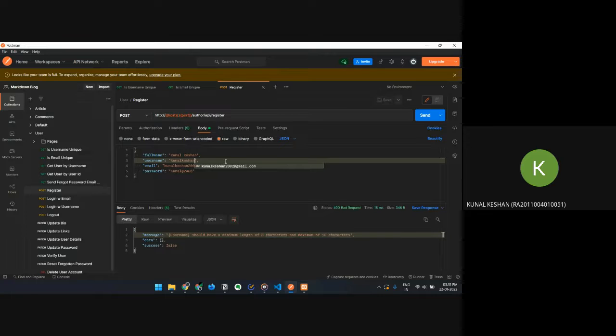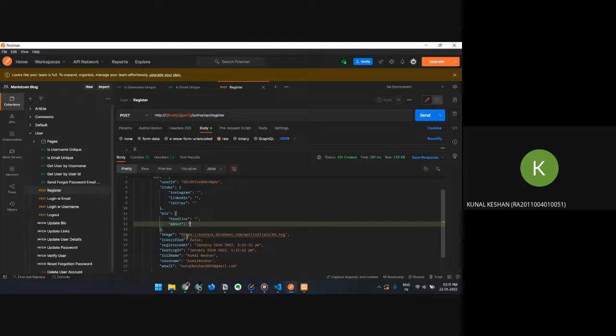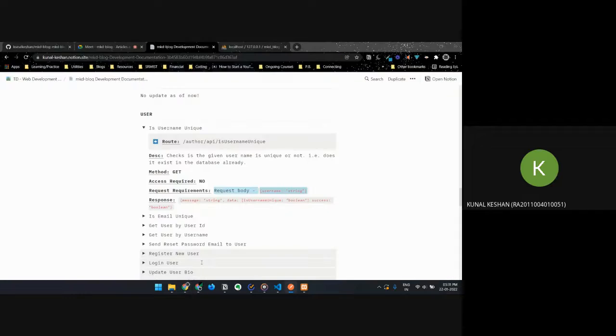That's cool. So let's finally create our user. And what did it respond? Account registered successfully. Inside my data, I have the user, which returned the links, bio, and default image that we saw last time, how it was generated. Is the user verified? This is an email verification we have to do. When was the user registered? When did the user last log in? Since we just created an account, these two will be the same, and you can see the timing is pretty much the same. And full name, username, and email. So if we take a look at our database,